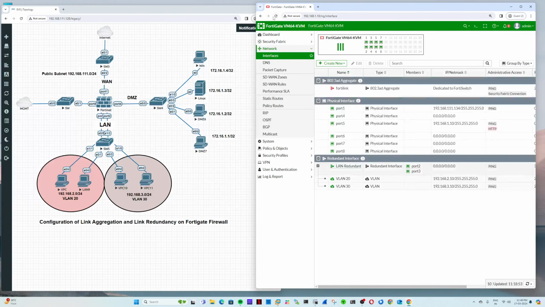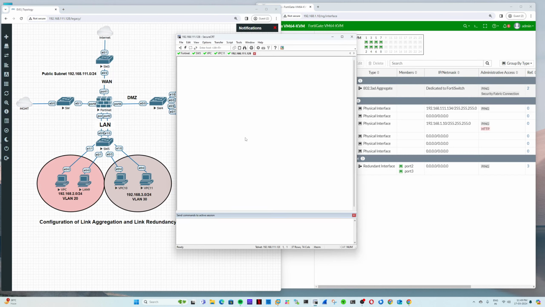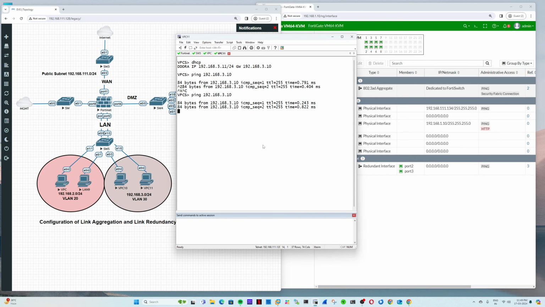Now it's done. If you try to ping now, you're still able to ping because both the interfaces are trunk only. Okay, but